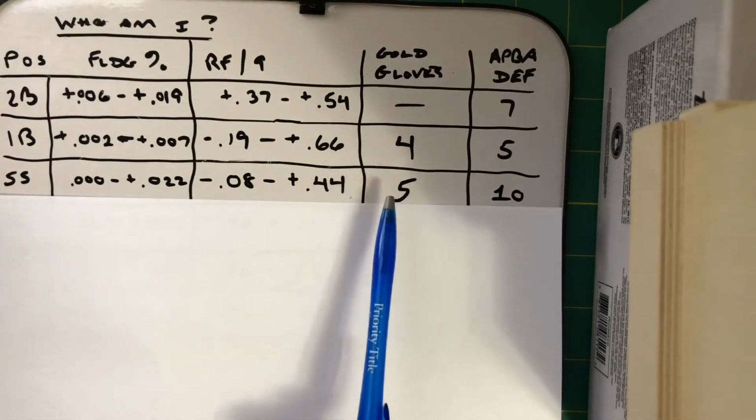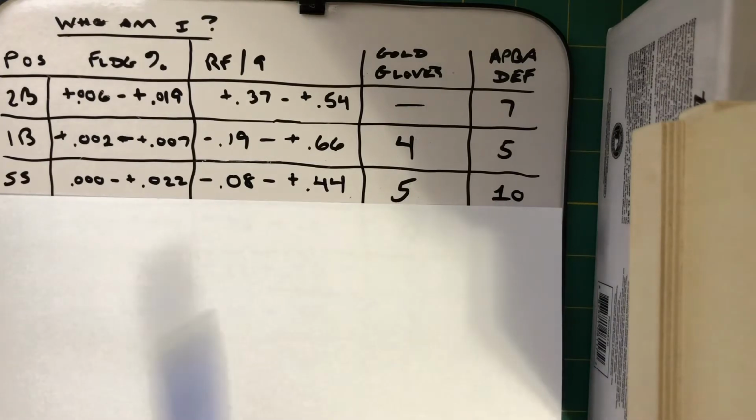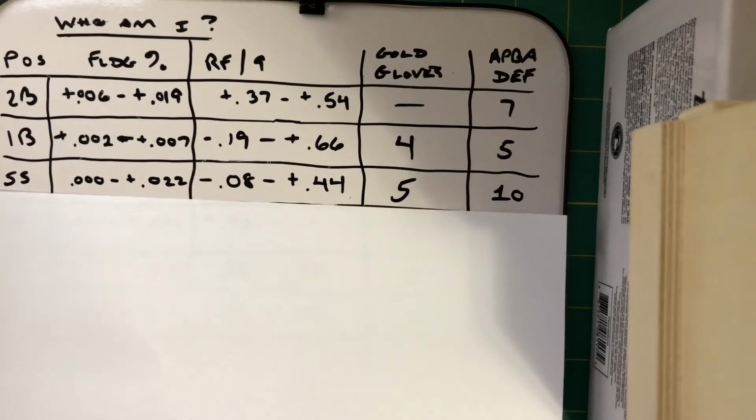Every single year he got a gold glove, and he got a rating of a 10 at shortstop for his efforts. Who is he? You're going to have to wait. Next up,